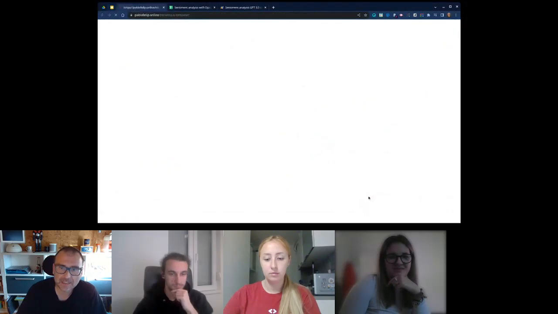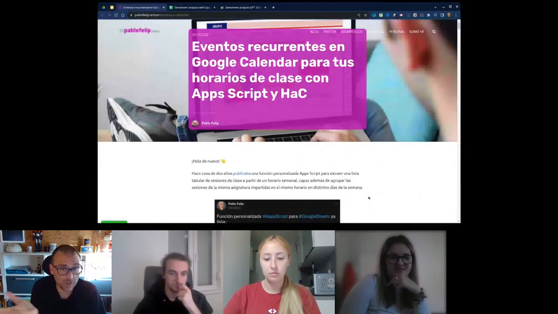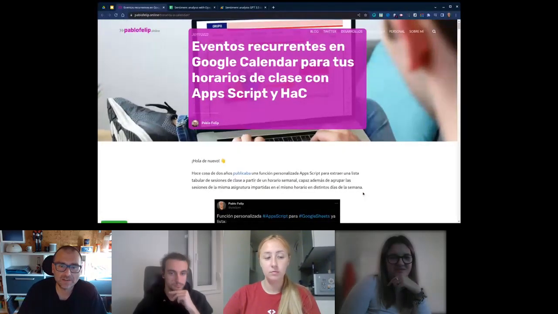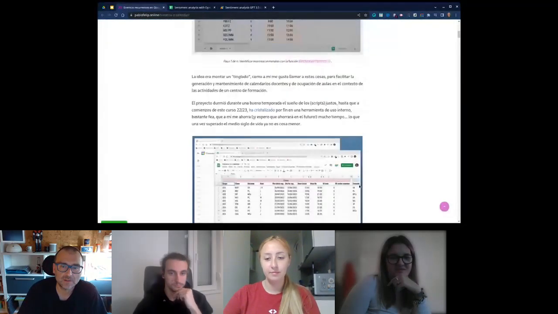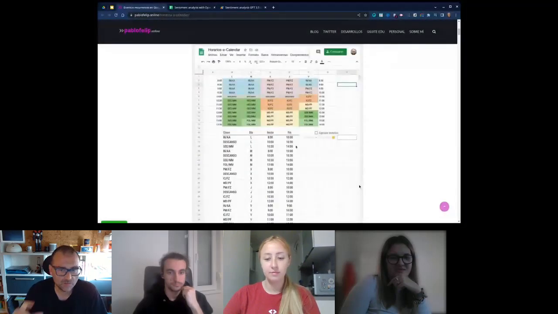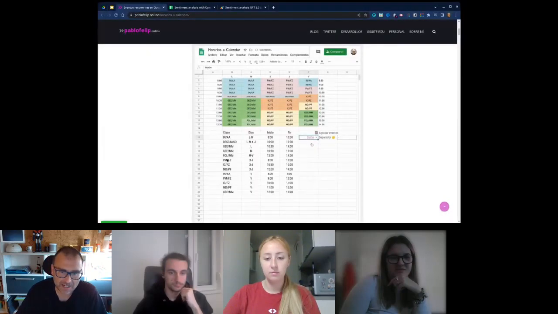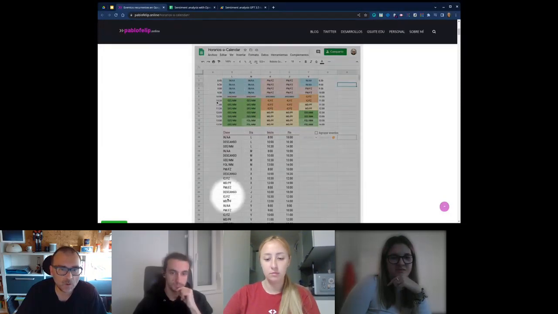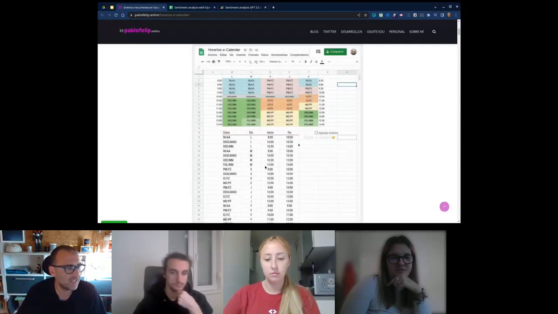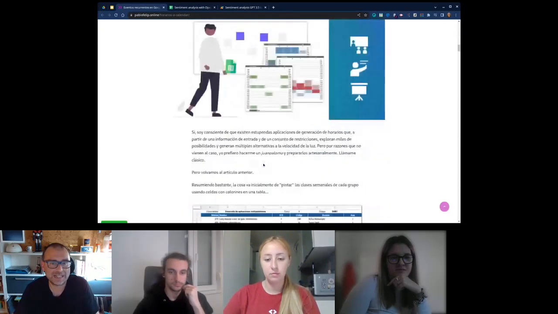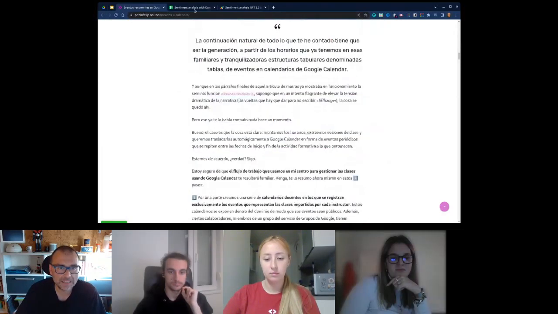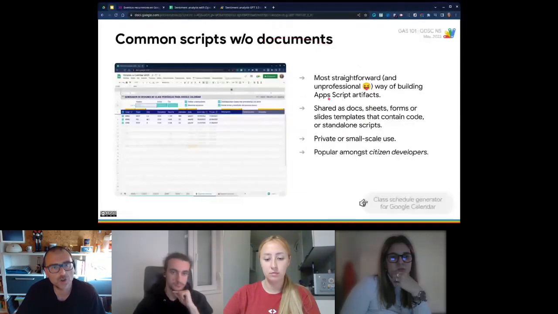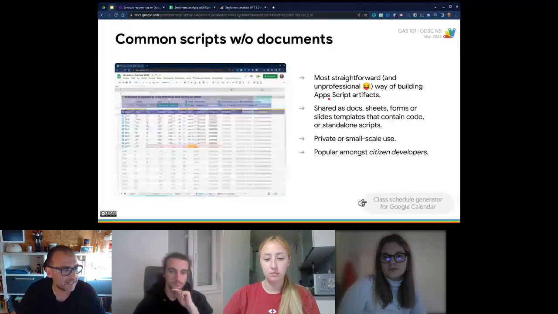For instance, this is a creation of mine that we actually use at my school, used to create calendar events from recurring calendar events from class schedules like this. It extracts all events in a table. It detects if some classes are repeating at the same hours in different days, groups them, and creates events. So that's, for instance, a shared template that is public. It's built around this concept of just building something inside an editor.